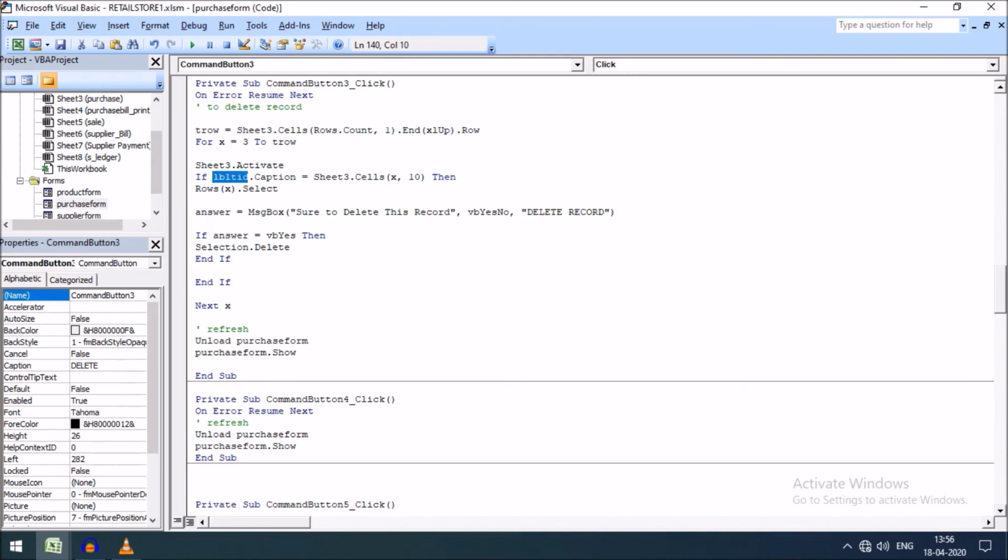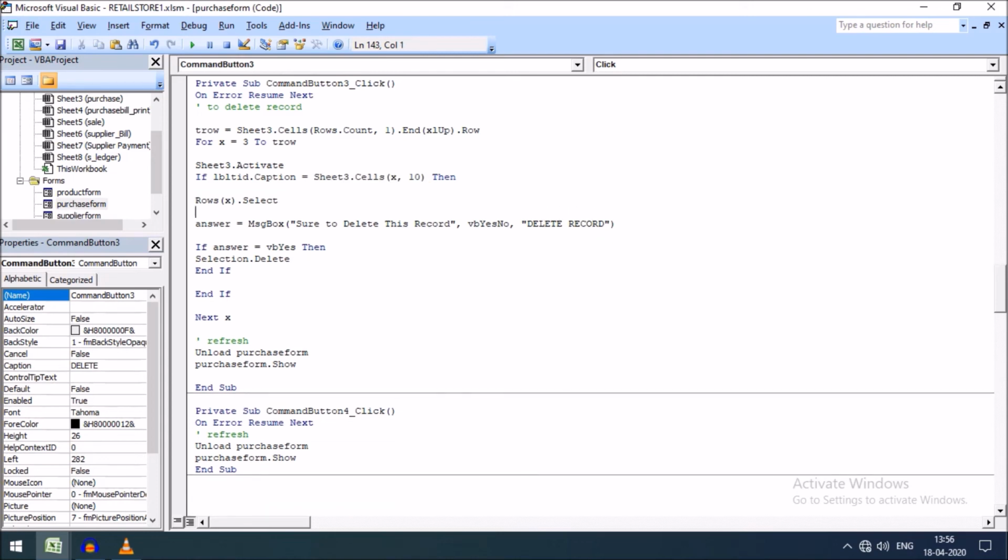So I have counted the total number of rows in sheet 3, for x is equal to 3 to 0, and sheet 3 activate, if this caption is equal to the value of the 10th column of sheet 3, then the total rows x will be selected, and then I have given a precautionary message that the answer is equal to message box with quote, sure to delete this record, vbYesNo comma, delete record, and this is the name, and this is the statutory message, and this is the command button.